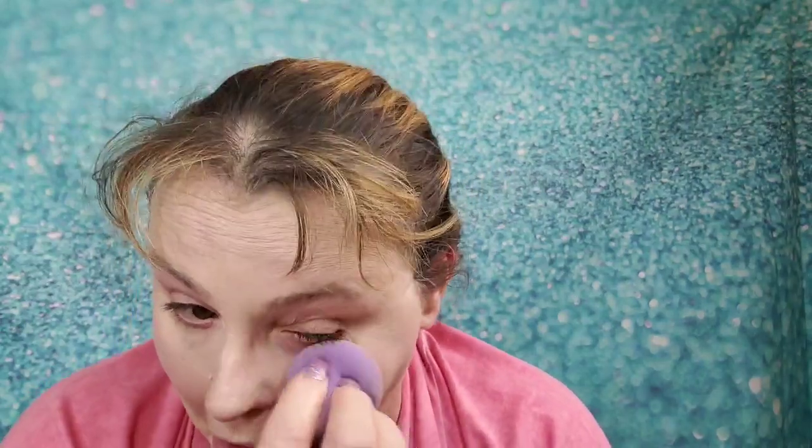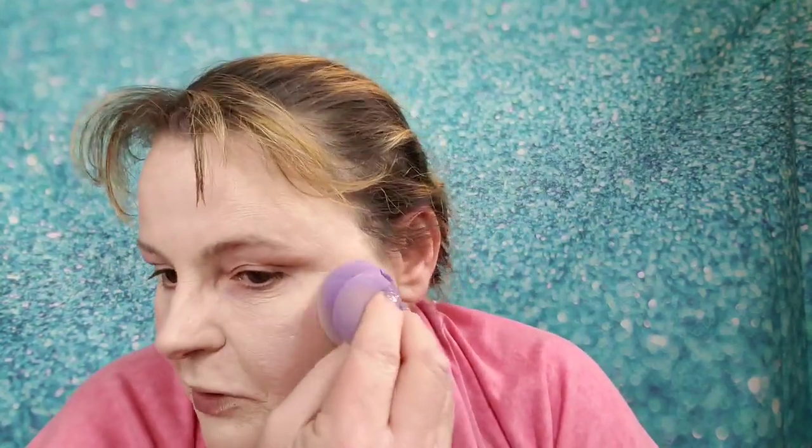Oh yeah, that's helping. It went super, super matte, super quick, and I was finding that I wasn't able to blend it down as much. But I find that it's taken a lot of product, which I thought this would take a lot less. There we go. Let's build that up a little bit. I am going to go over it with one